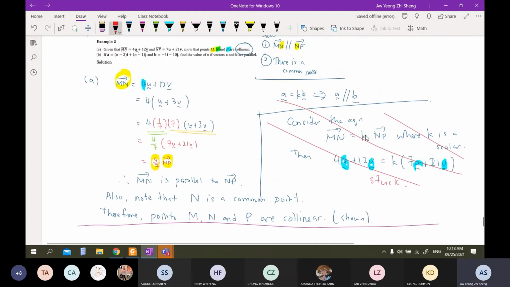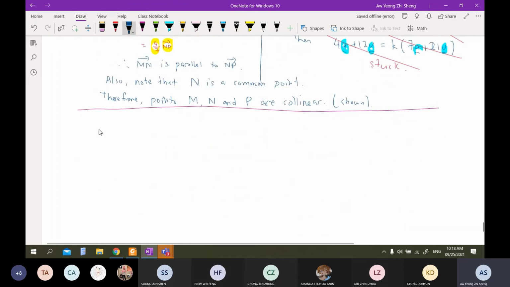Okay. Before I start part B, let me just show you one example first. Let's say you are given A is equal to I plus J. B is equal to, let's say, 2I plus J. But obviously A and B are not parallel. So let's say the question asks you,